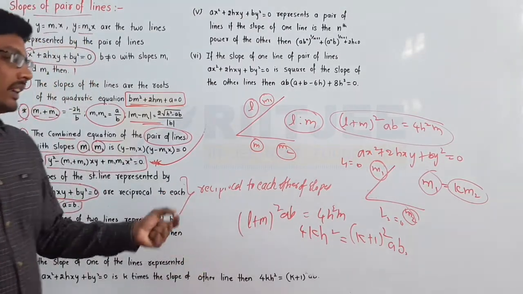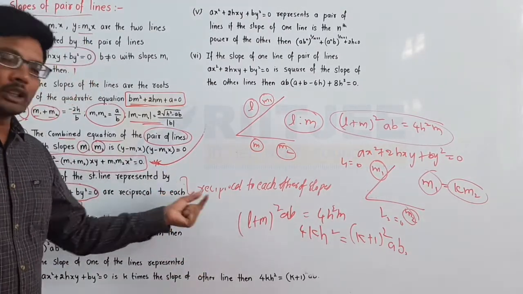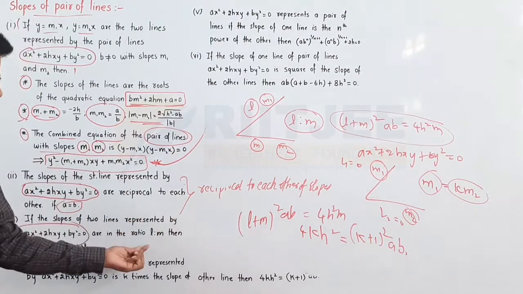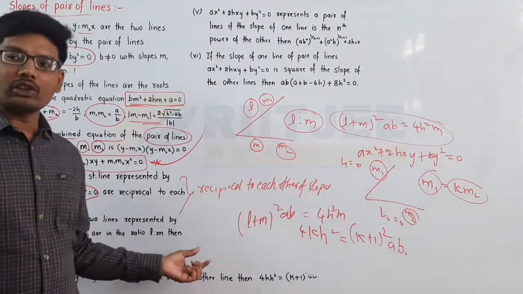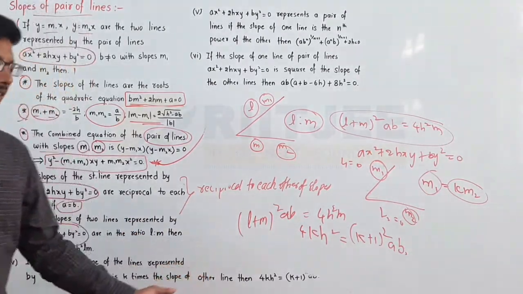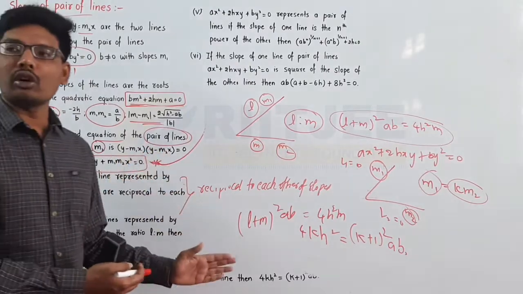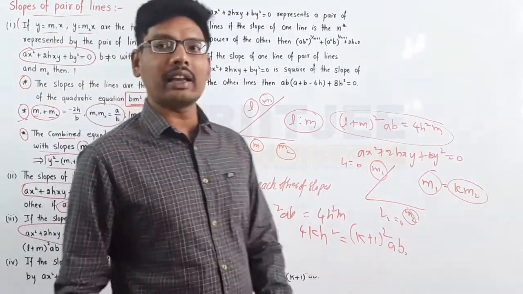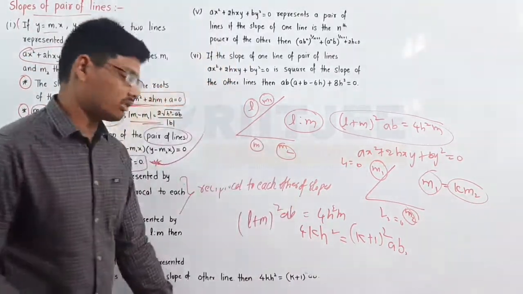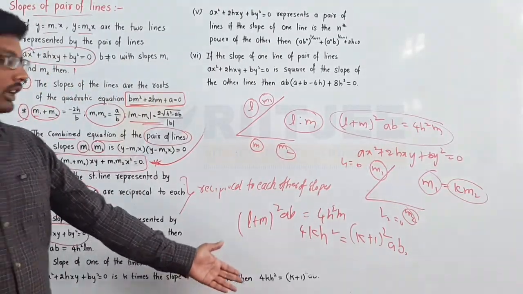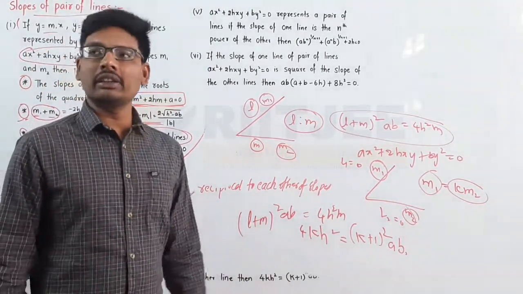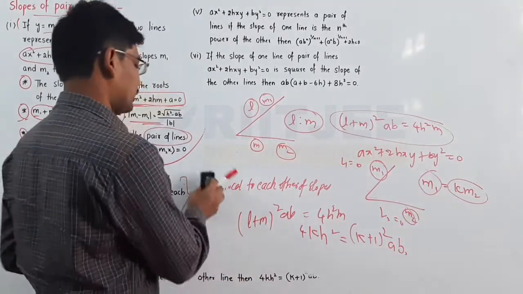Here, the first one is reciprocal slope, the second one is the slopes are in the ratio of l is to m, and the third one is, if the first line slope is k times the second line slope, then the condition for this one is 4k h square is equal to (k plus 1) whole square into ab here. And the next one,